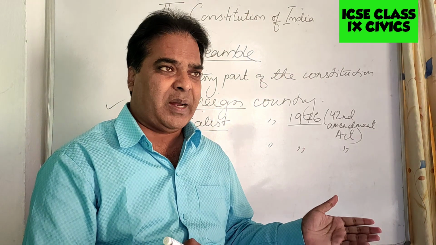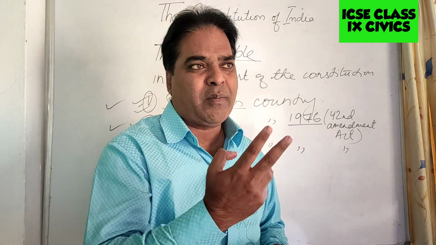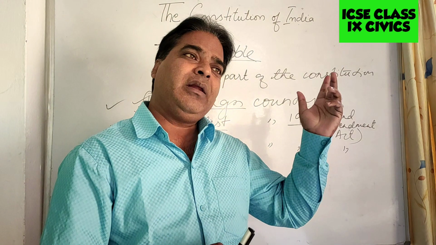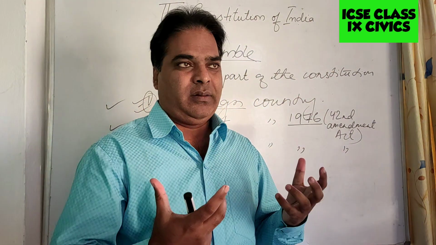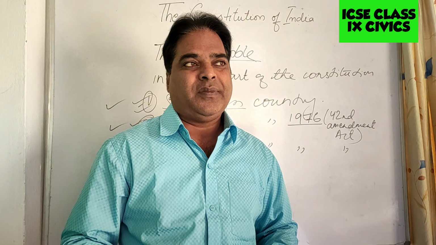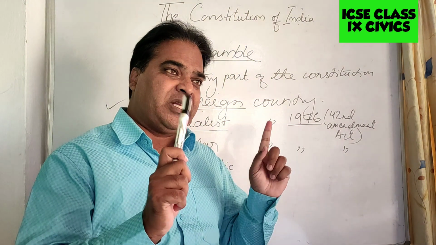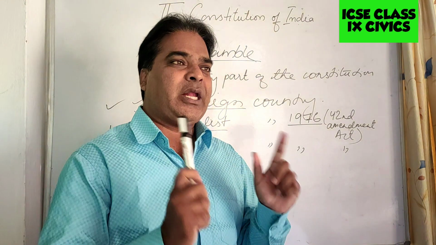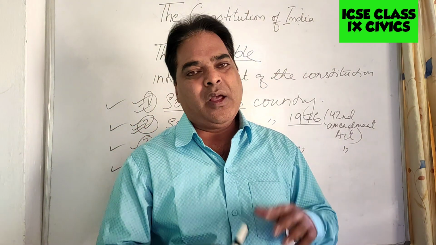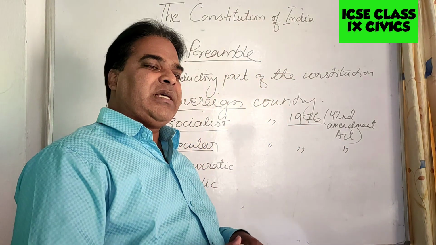Is the Prime Minister there or not? The Prime Minister of Britain is there, so he is elected by the people. There are two houses, the British House of Commons and the British House of Lords. The Queen of England is the titular head, like the President of our country is a titular head. All the real power belongs to the Prime Minister and the Council of Ministers in our country. The President is just a nominal head. In the same way, in Britain also, the Queen is a titular head, a nominal head. All the real power exists with the Prime Minister and the Council of Ministers. Is that clear, children?